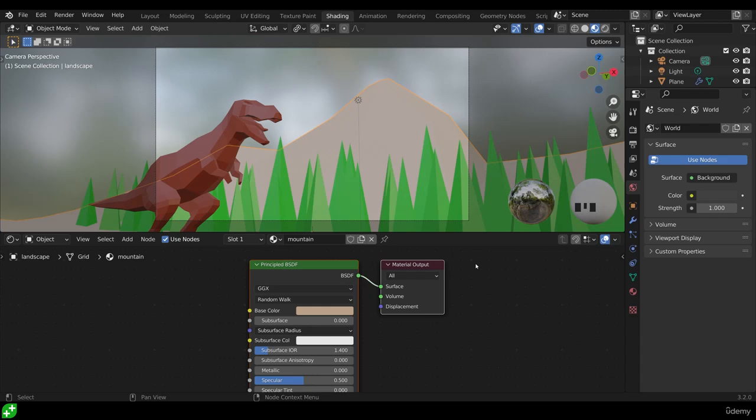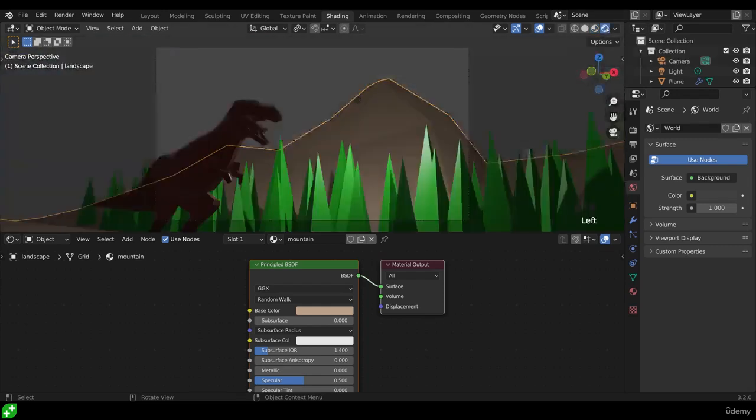Now at the moment it seems fairly flat, and that's a lot down to the lighting. Currently we're lit by this HDRI in the background, which is giving a fairly even spread of light, which you can see in the background here. If I change to rendered mode, we get something that's far more dramatic. I wouldn't say it's quite how I would want it, but having a single light in the scene like this creates lots of contrast, so light spots and dark spots, and lots of shadows. So it could be quite a good idea for our final render to have one light source giving lots of